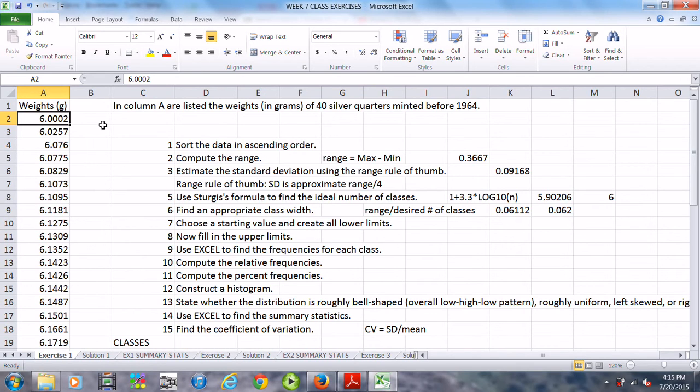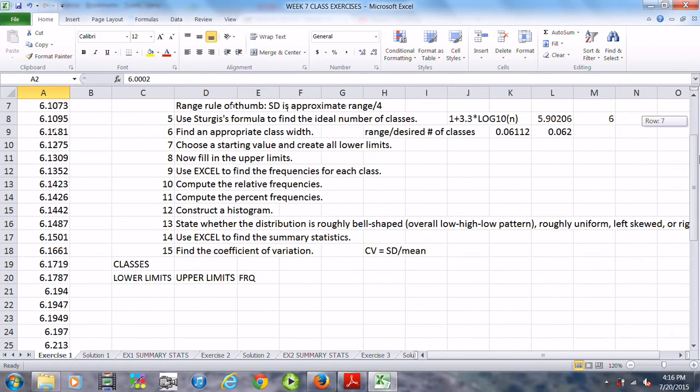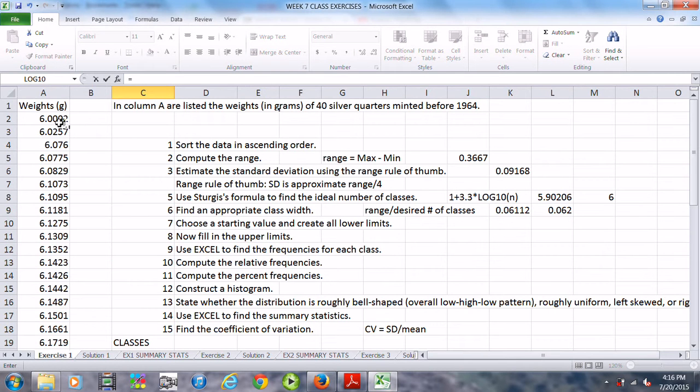That is another subjective choice you make, just depending on preferences in your data. So a good first lower limit could be 6 even or the 6.0002. I like to start mine personally with the lowest limit that we already have,